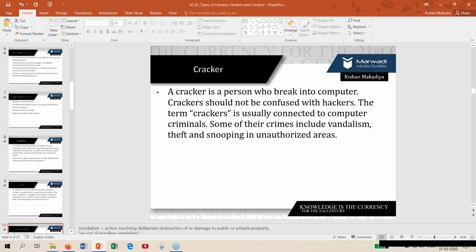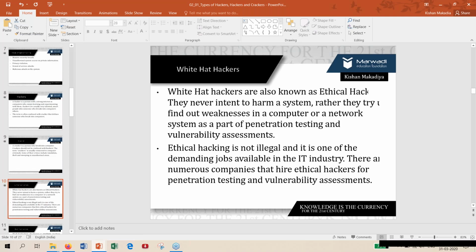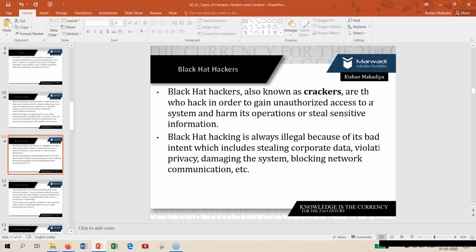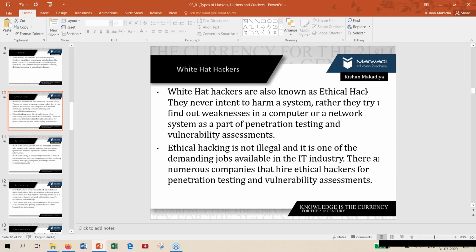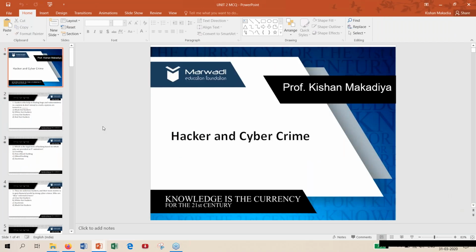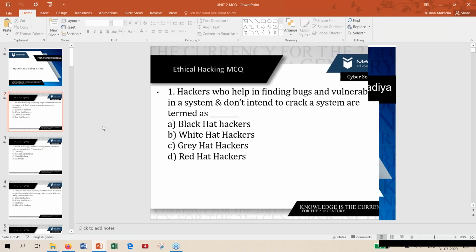Now, regarding the types of hackers, we are mainly aware of three types: white hat, black hat, and gray hat. I will not explain all three definitions because all of you are aware of them. So we go directly to certain MCQs which are important for your final exam as well as your mid-sem exam. We are just doing a revision of all the definitions: what is a hacker, what is a cracker, what is a black hat hacker, and the other types like blue hat, red hat, and script kiddie. I will explain the exact meanings in your MCQs.